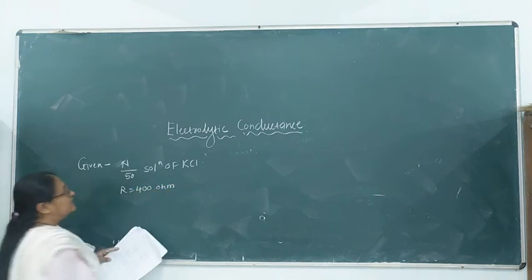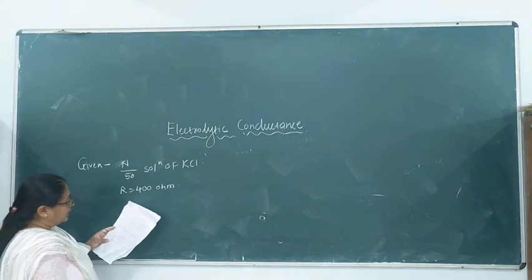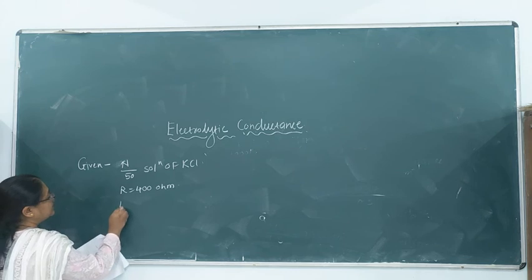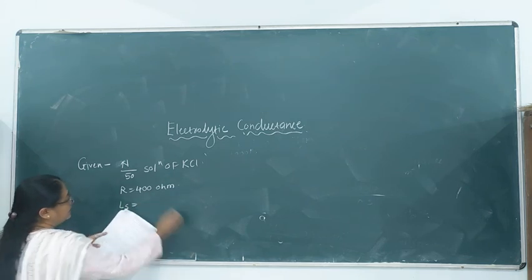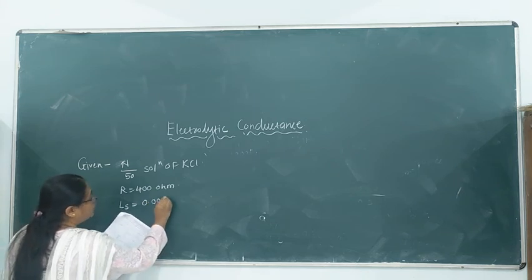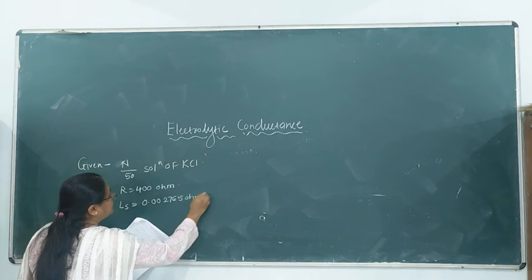So the resistance of this KCl solution is given. The specific conductance of the same solution, that means Ls for the KCl, is given, and it is 0.002765 per ohm per centimeter,